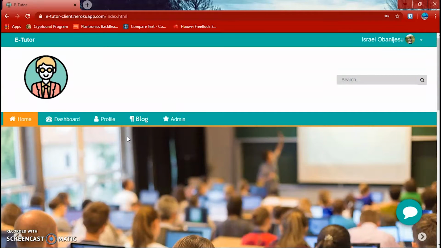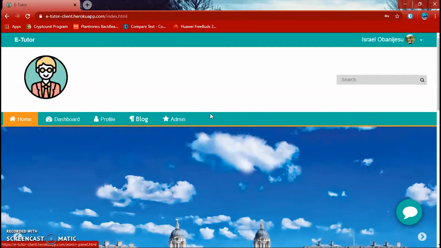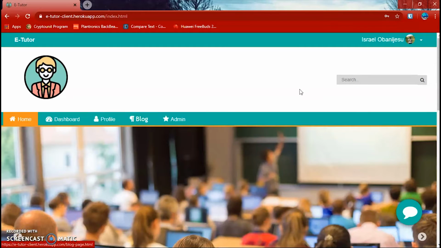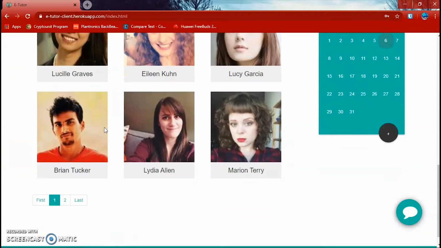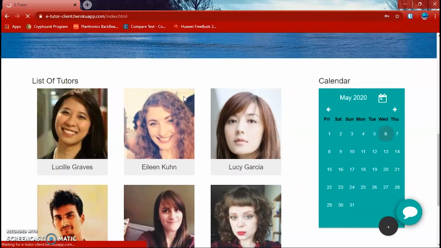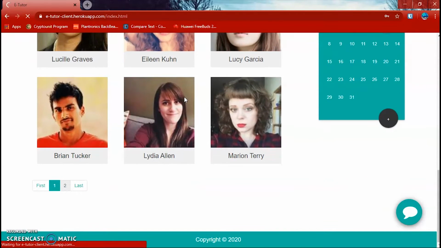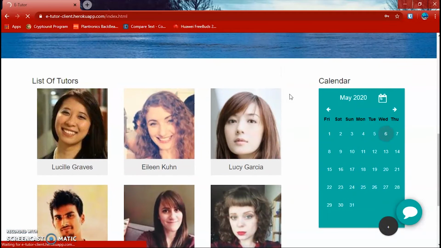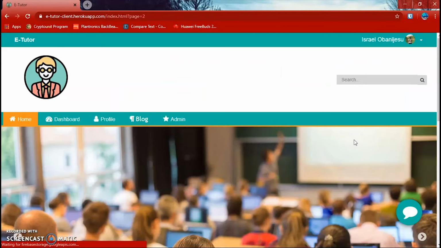So when I'm logged in as an admin, it shows the menu. A guest can't see the menu; only when you're logged in can you see the menu. Then we have the list of tutors, and we have pagination to show the list of tutors. Then also